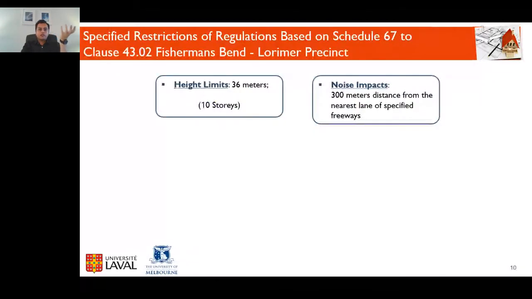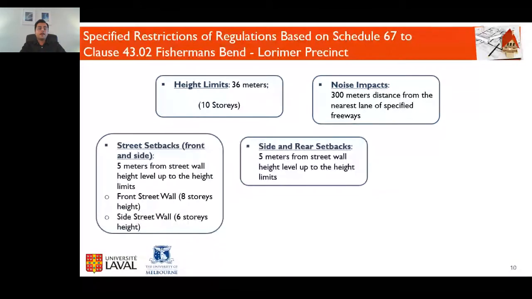Based on the location of the land parcel and its assigned planning regulations extracted from the planning scheme ordinance and complementary documents and guidelines, a height limit of 36 meters and 300 meters distance from the nearest lane of the closest freeways applies to this land parcel. It is allowed to have a street wall with 8 stories height for its front street and 6 stories height for its side street. From that level up to the height limits,